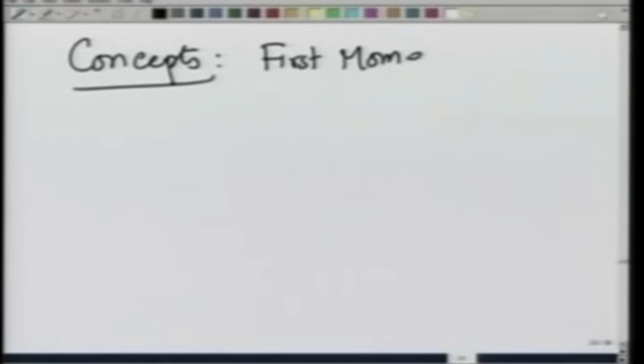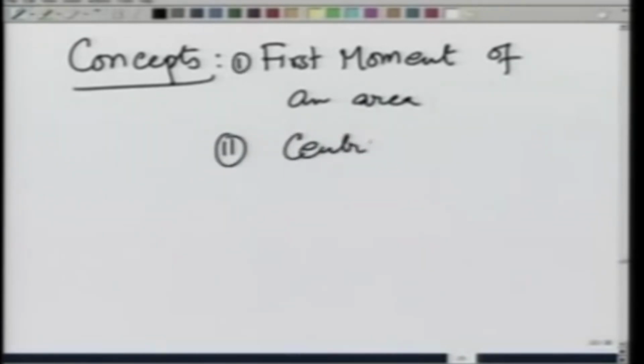Having given you the concepts of first moment of an area and the concept of centroid, we are now ready to apply these concepts to mechanics. So, the question we ask is, suppose I have a beam